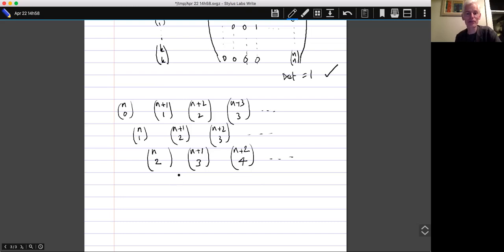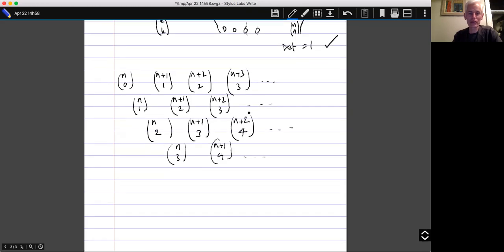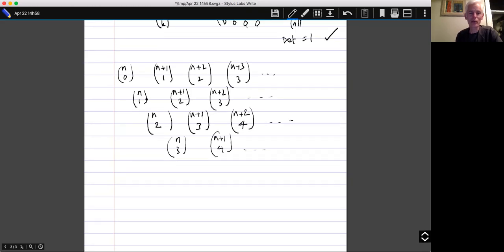I apologize for that, but the next step will be n choose 3, n plus 1 choose 4, and so on. We get a nice pattern coming out. Let's not worry too much about exactly what the pattern is, but it's related very much to the pattern that we had before. But the point about it is that if we now think about what these things are in a slightly different way,